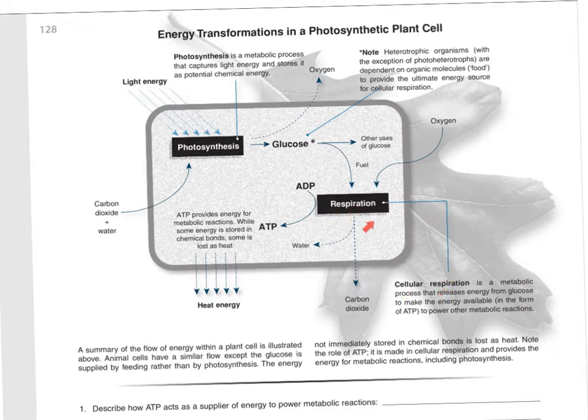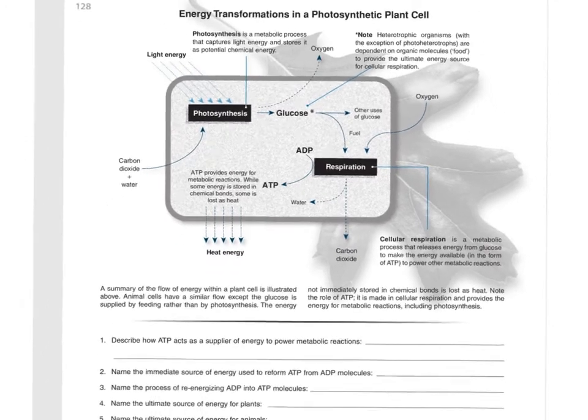What do you need for cellular respiration? You need oxygen, and you need what? Fuel. Usually it's glucose, but it doesn't have to be glucose. It could be a protein, a fatty acid, a nucleotide, a lot of things. But we usually just stick with glucose because glucose shows you all the steps of cellular respiration. So let's go ahead and continue.